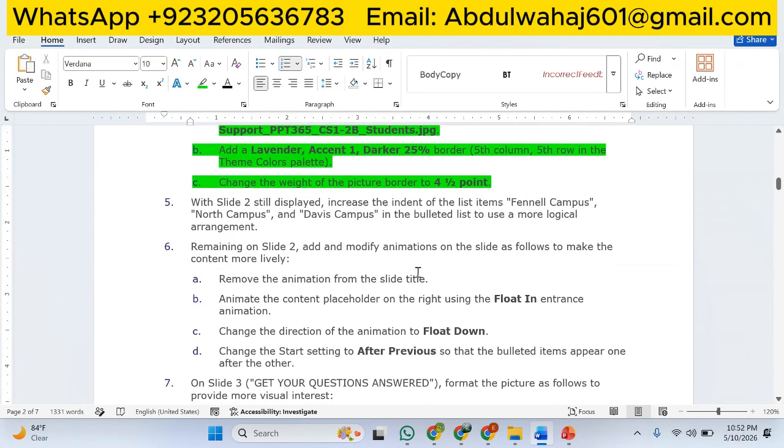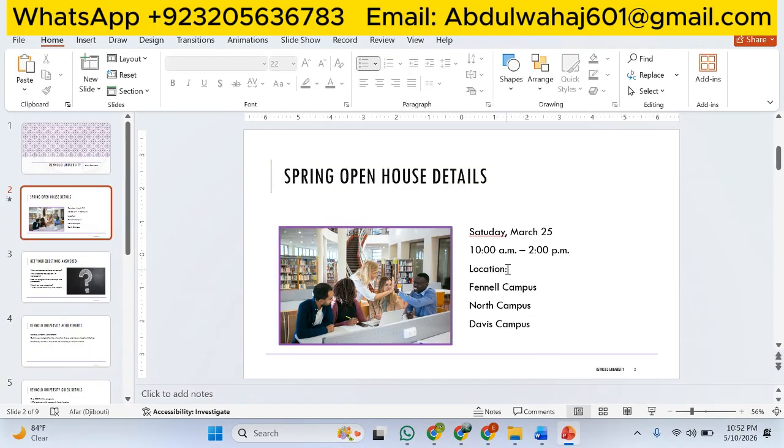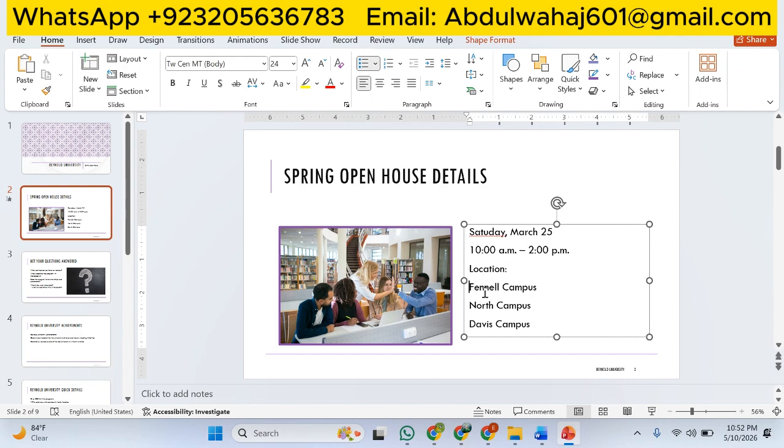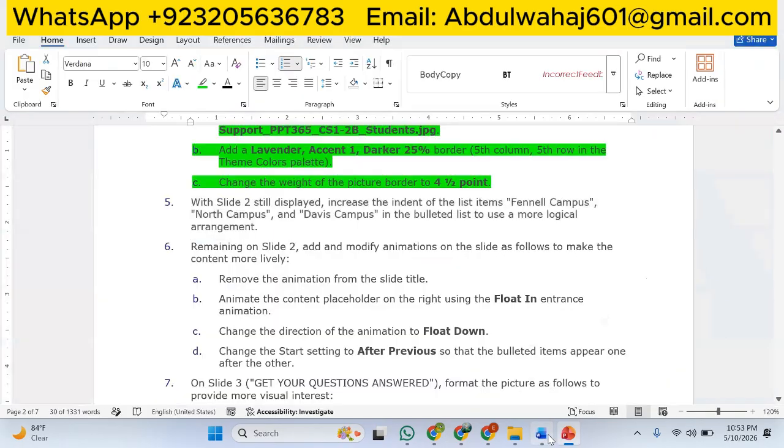Now moving to step number 5, it says with slide 2 still displayed, increase the indent of the list items Finel Campus, North Campus, Davis Campus in the bulleted list to use a more logical arrangement. Now you see, under the location, these should be the sub lists of this location. So click here and press tab. Again click here, press tab, click here and press tab. Now this makes a bit more logical arrangement. Okay,